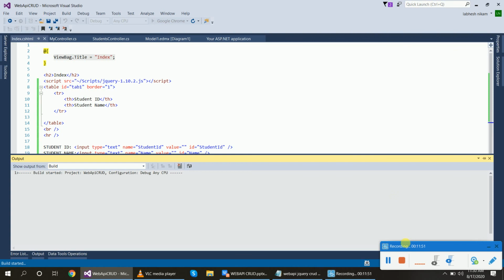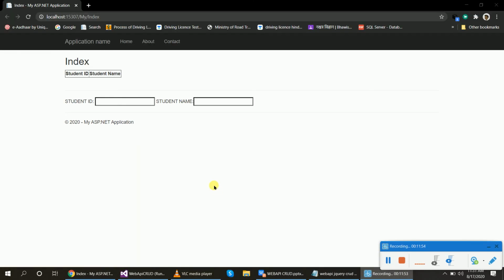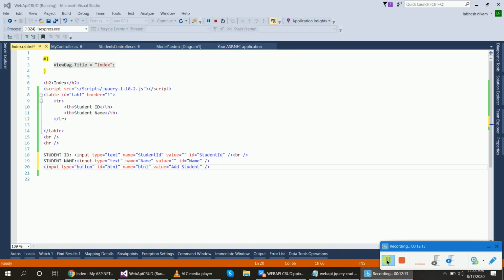You can see here, to display the data there is a student ID and student name column, and to fill up the form there is student ID and student name with text boxes. But we have to add two buttons here, and give the underline after student name, break to student ID. You can see I have added one button and a breakpoint here to add the students. Another button to delete the student. Okay, no need to give a breakpoint.